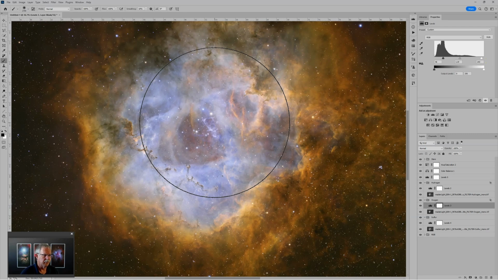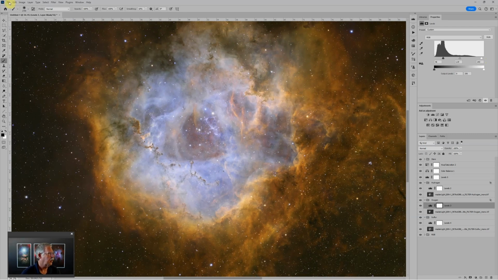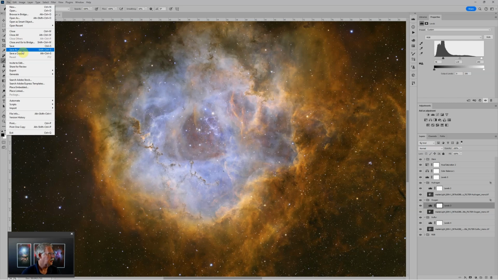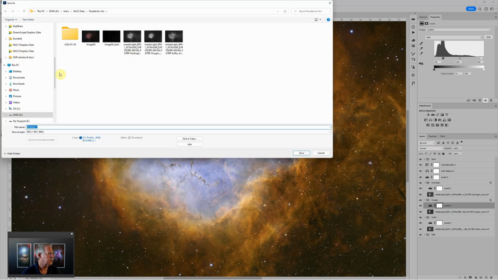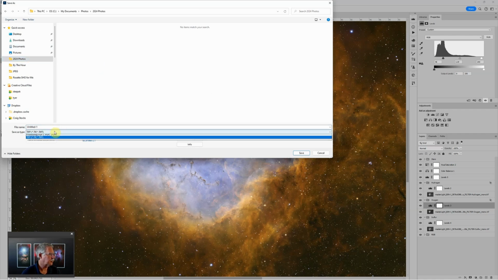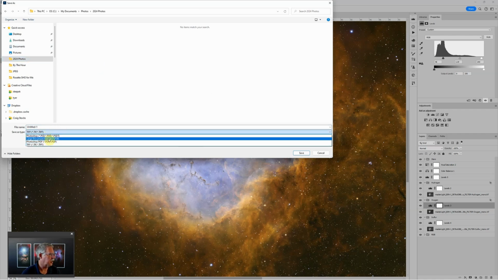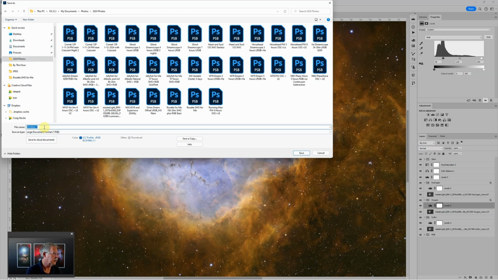And then the last thing I'll do is save this. And I'm not going to flatten it. I'm not going to do anything to lose the non-destructive editing. So I'm going to go to File, Save As, and I'll save this in my 2024 Photos folder. And I'm going to save it as a large document format. And this is going to be titled something like